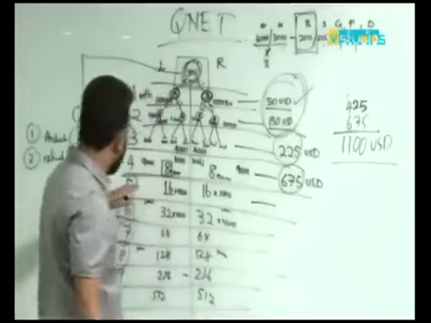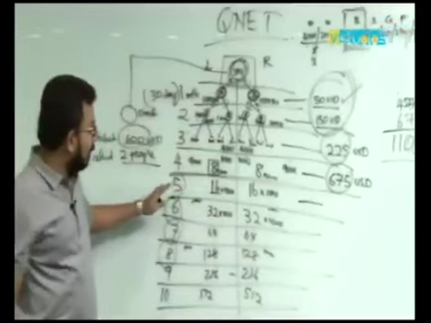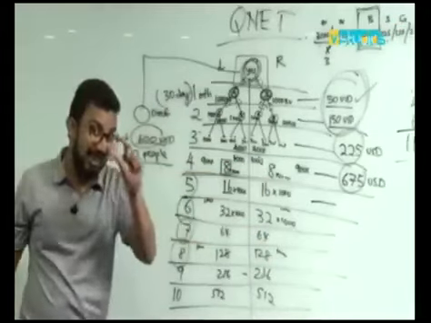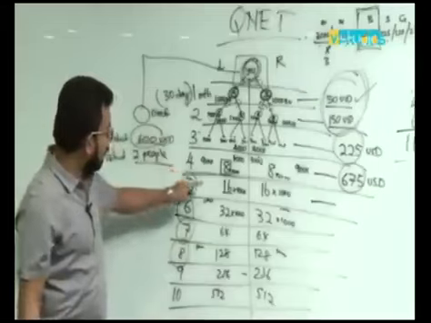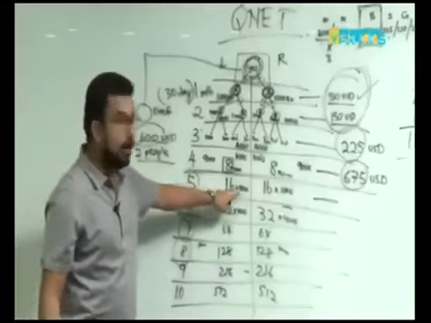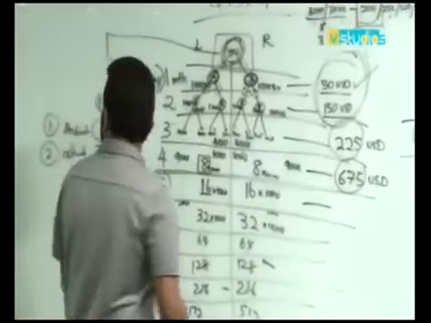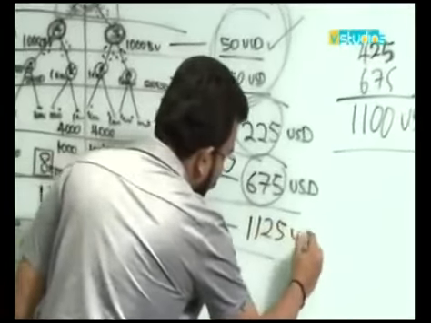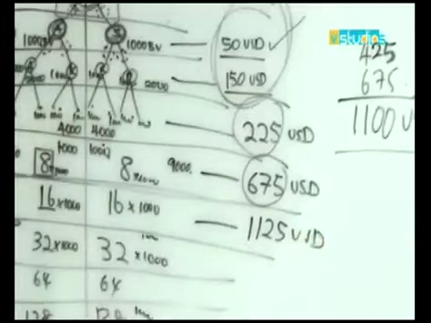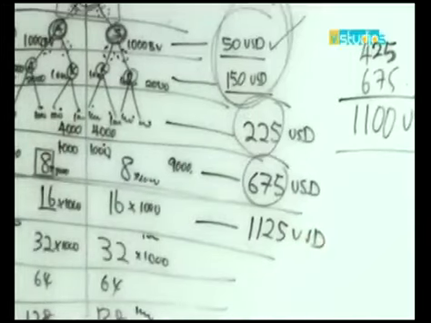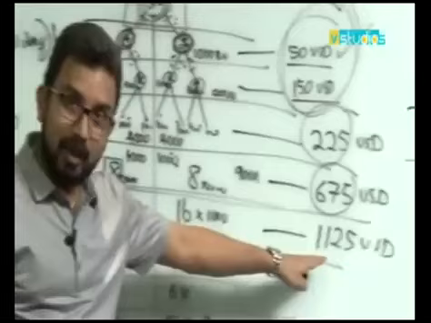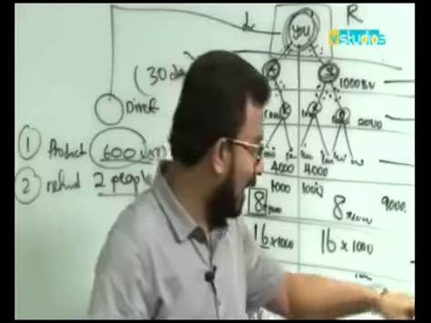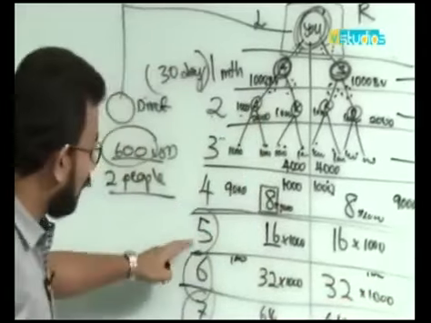Alright, so let's talk about month number 5. What happened? These 8 people each went out and found 2 in 30 days, in 1 month. So there's 16 new people buying a product for 1000 BV. Your income is $1,125 on the 5th month. That is your income in networking, in QNet, which is unbelievable. Let's take it to the next level.